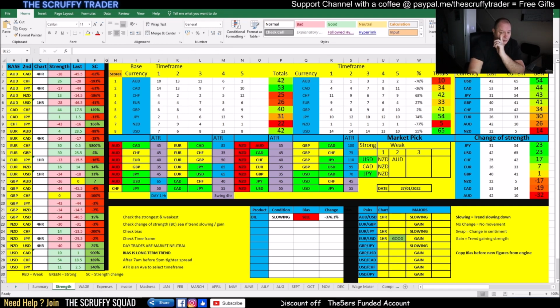So I've had a look at the overall view of oil, and my overall view is down at this moment in time for today, so it's a sell. Now it's already done a sell earlier on. Now what I'm going to have to do is kind of do a set and forget to a degree, because I think it's going to take a little time to play out. Okay, so let me flick the chart on,